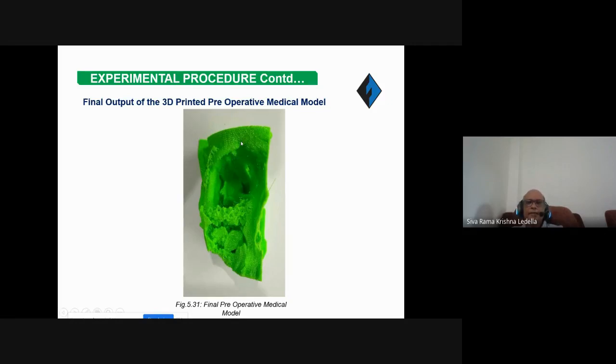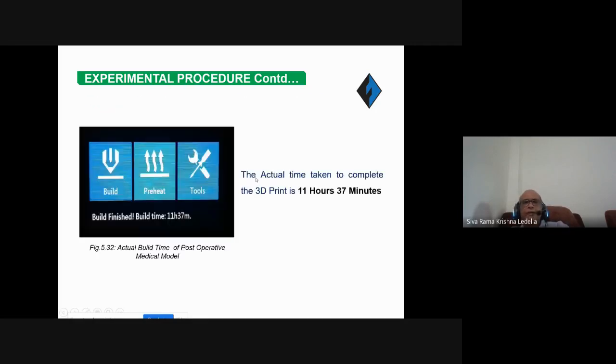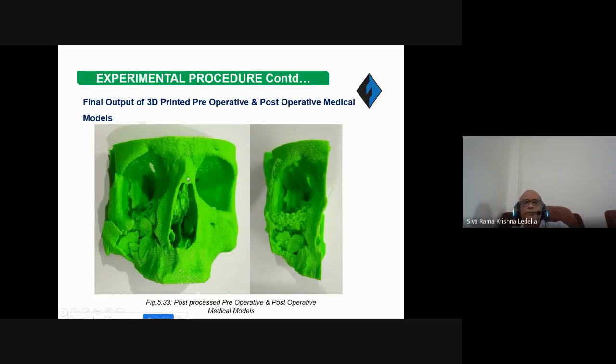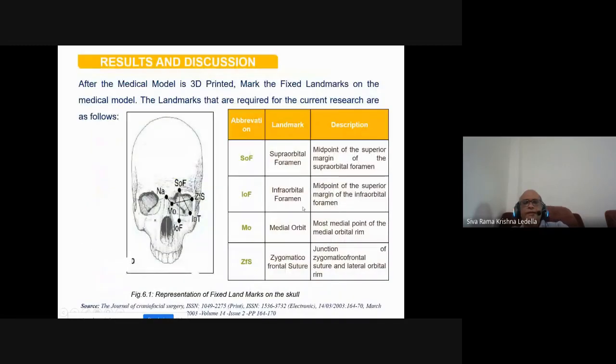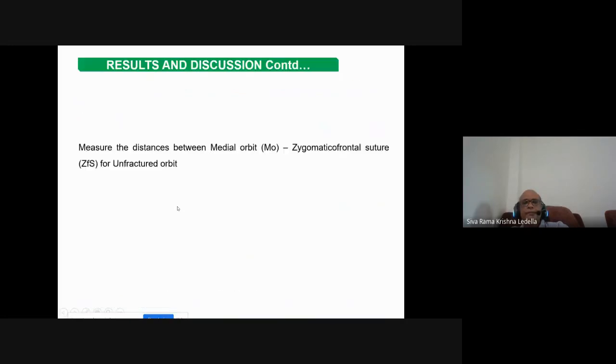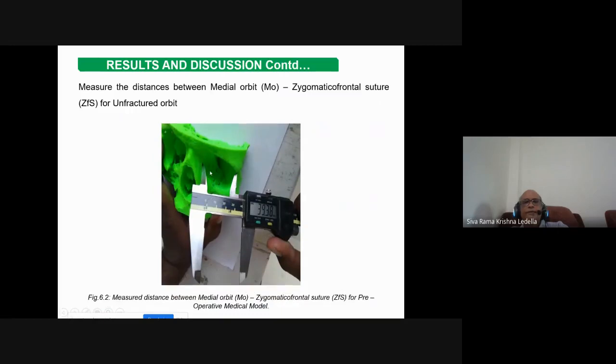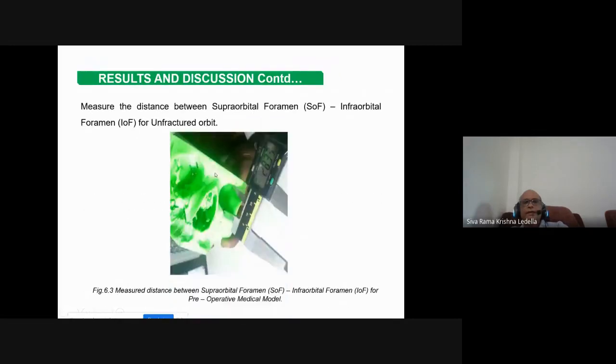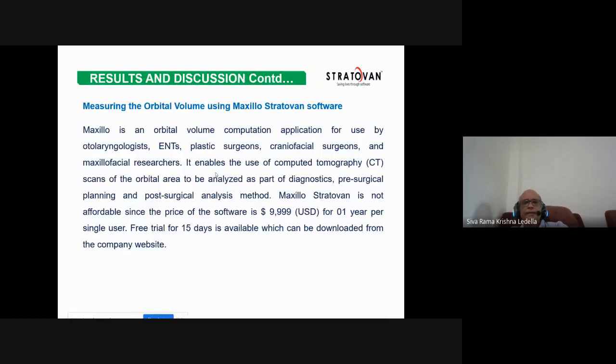Now I will again measure the landmark points after operation using the vernier calipers or using your CMM, coordinate measuring machine. You can measure for more accuracy. Once you get this, I compared both of them and found out what restoration happened. So these are the landmark points which I have selected here. Using these landmark points, I measured. This is first before operation, the contralateral side, where I am measuring the landmark points using digital vernier calipers, and then these are the various things I find. Then I use another software called Maxillofacial Surgery software.